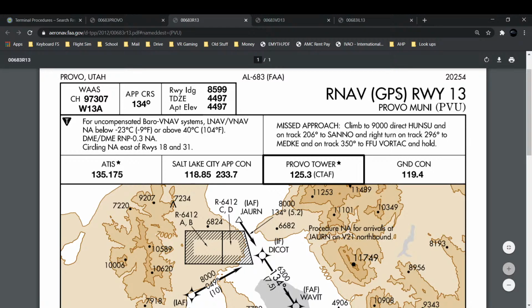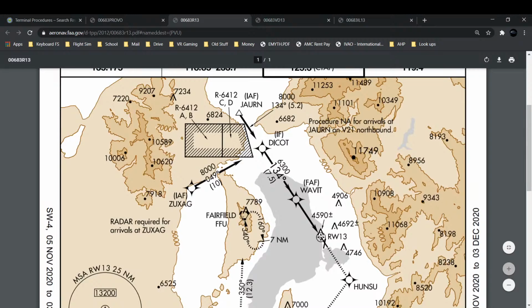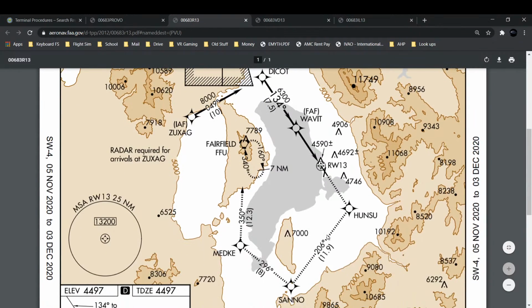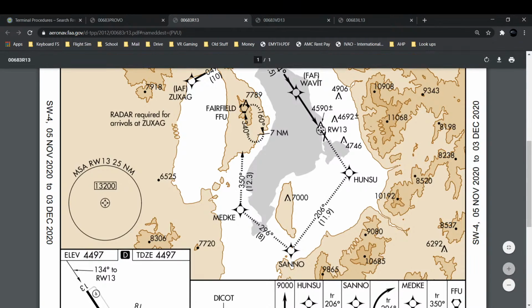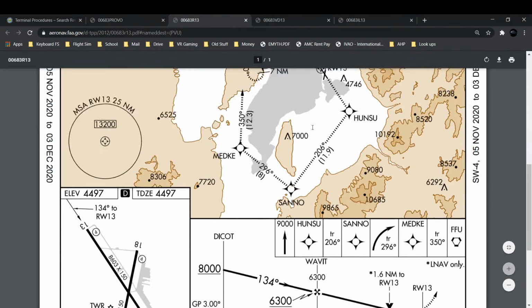You can see up here, Rnav GPS for runway 13. So here's Fairfield. We'll turn out towards Zugzwang and then fly inbound from there. As you can see at Zugzwang, you're going to want to come down to 8,000. So these are the altitudes that you have. 8,000, 6,003, 4,590. And this is the final approach fix. So after that, we're going to go inbound